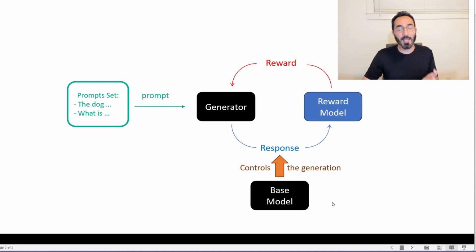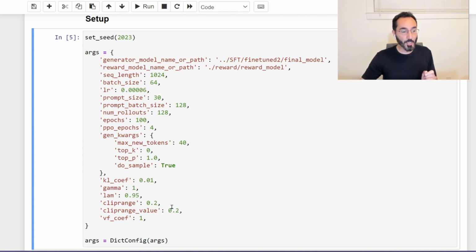In essence, what you are saying here is that you want your text to still be consistent with the model that you started with. So it should create text that is realistic and natural, but also have high reward. That's the idea of the KL divergence. We add this as a term to the loss, and we put a coefficient in front of it to control the strength of it. If the KL divergence is super strong, if you leave it at 0.5 or some high number,